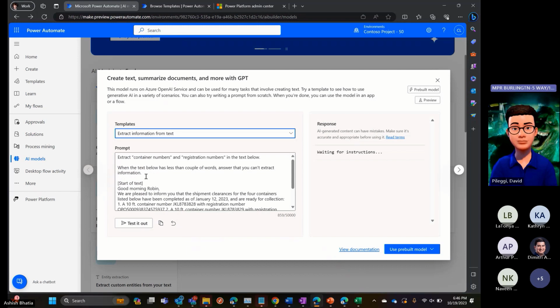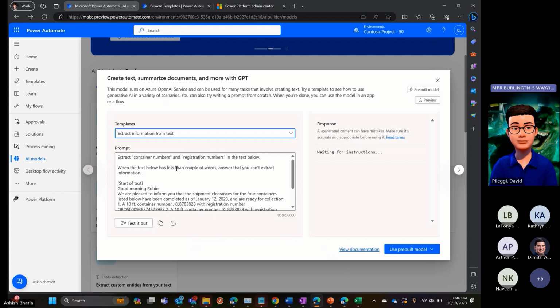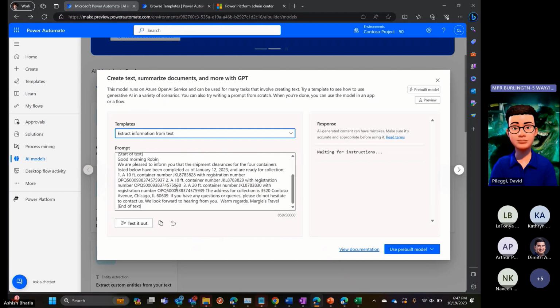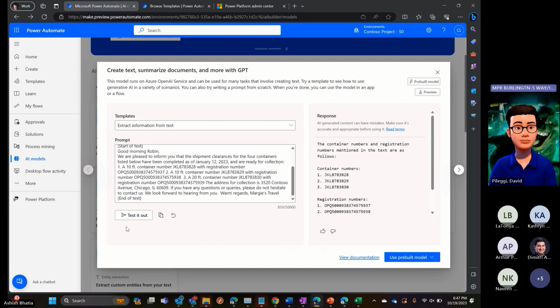For example, in this case, we're trying to extract containers and registration numbers from a blob of text below. And this is a typical email which is talking about a shipment and things like that. I can say, hey, test it out. It should pull out all the containers, and if it doesn't, right, I mean, it's an iterative process. You go review your instruction,